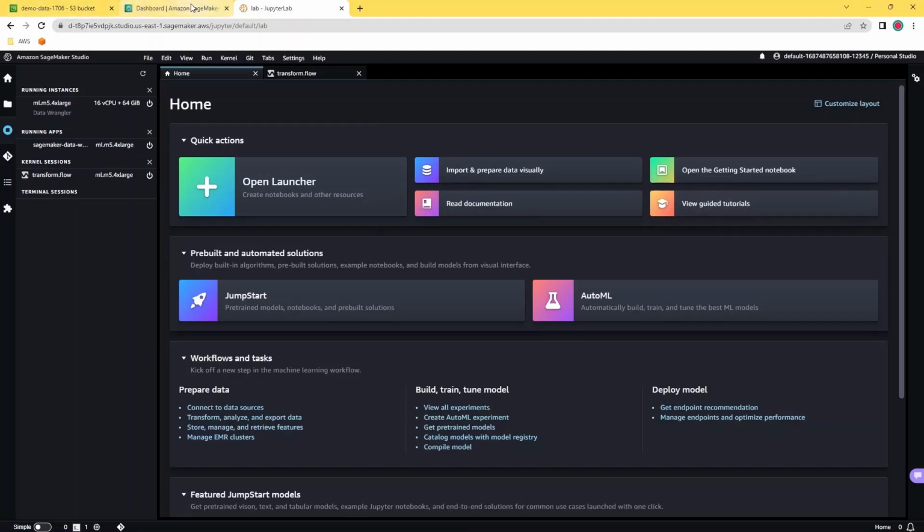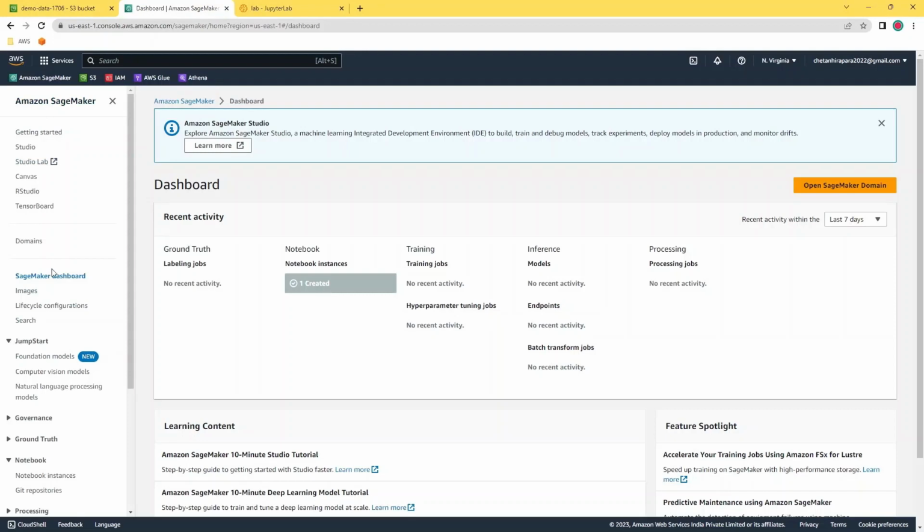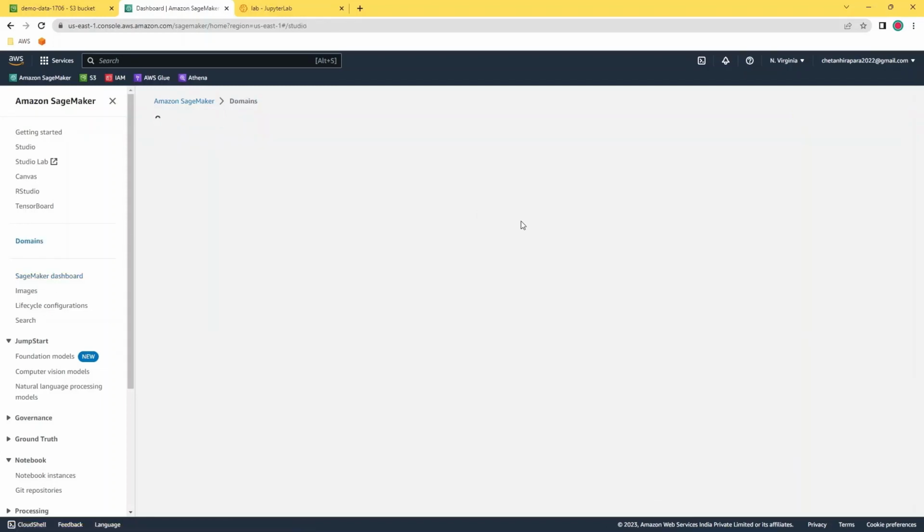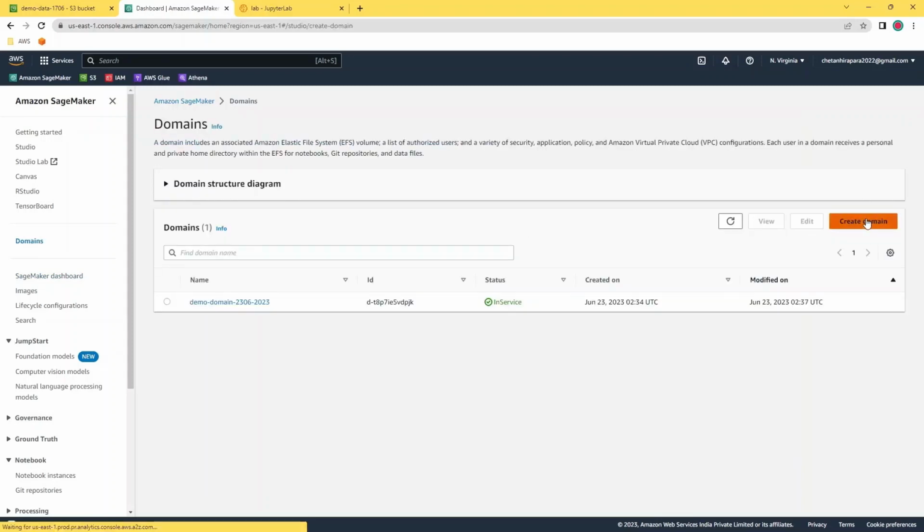So first I am going to the SageMaker dashboard. Here we can see that nothing is running right now. So the very first step is that you have to create a domain. Click on Domains, then Create domain,